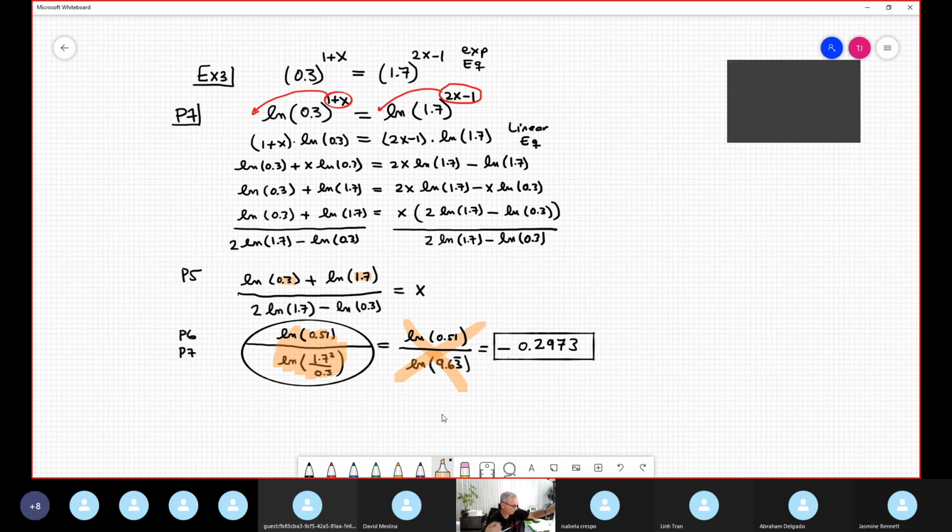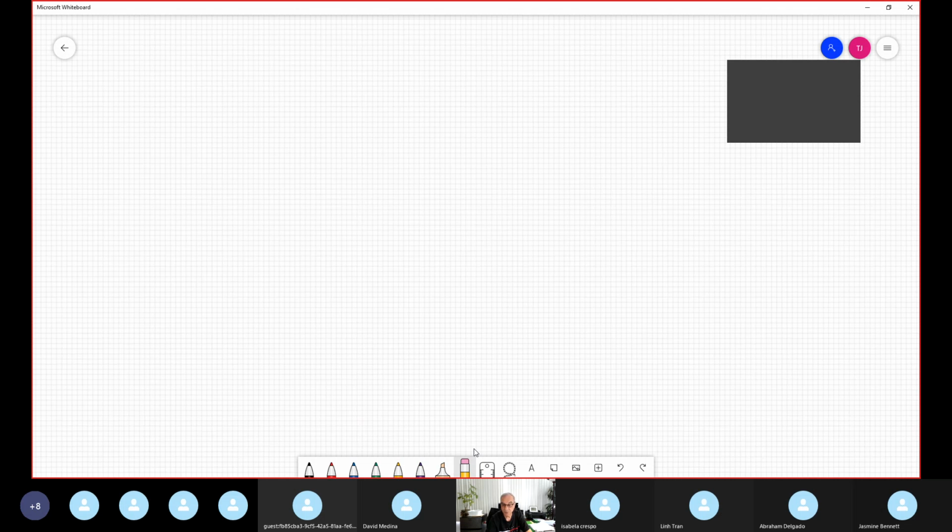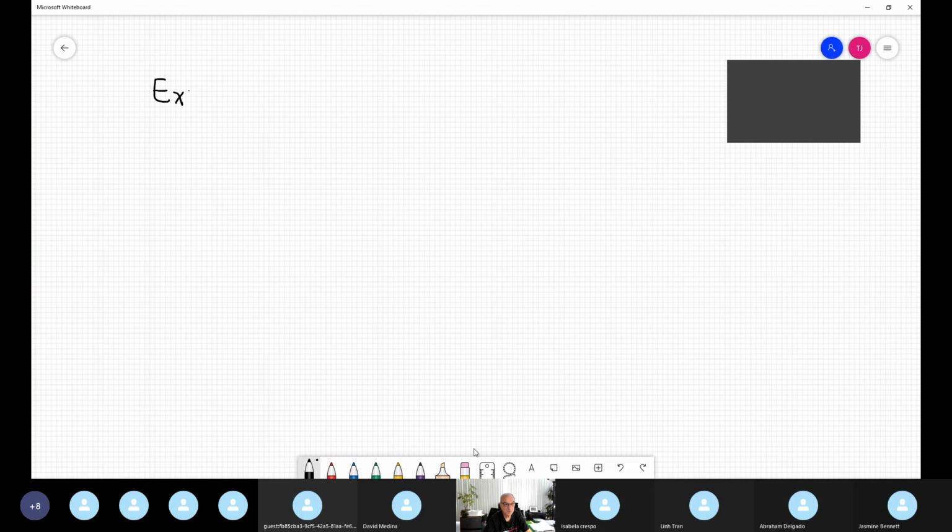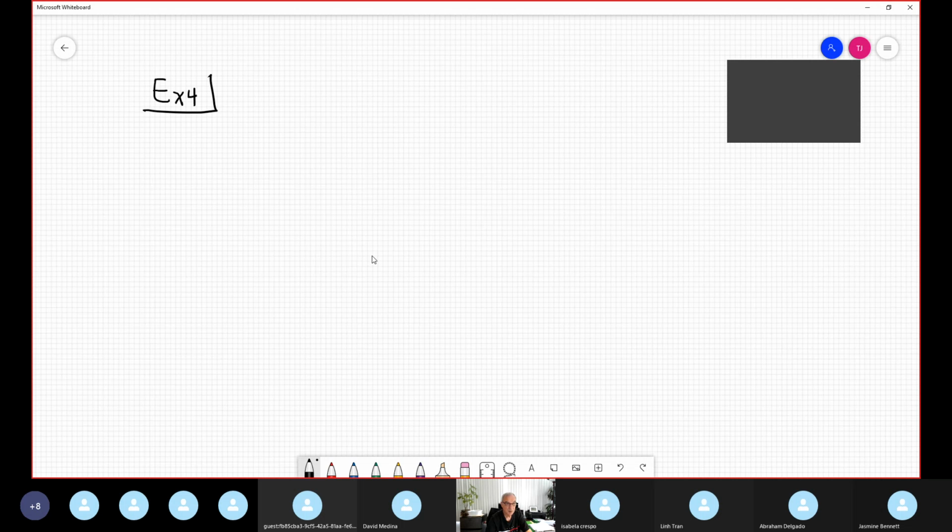Let's see now a couple of the complicated exponential equations. Okay, another approach, no, the same, but another detail. So example 4 and example 5 are complicated. Let me try. Example 4 says